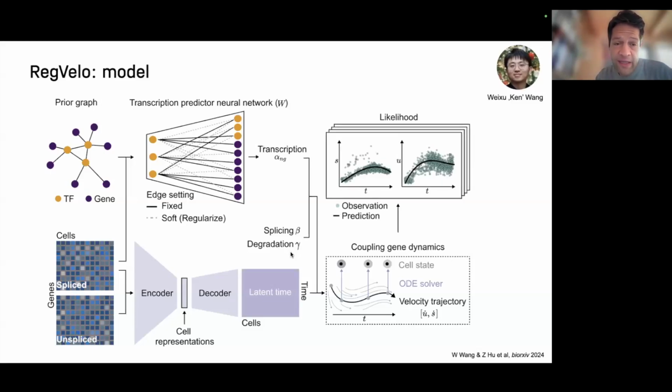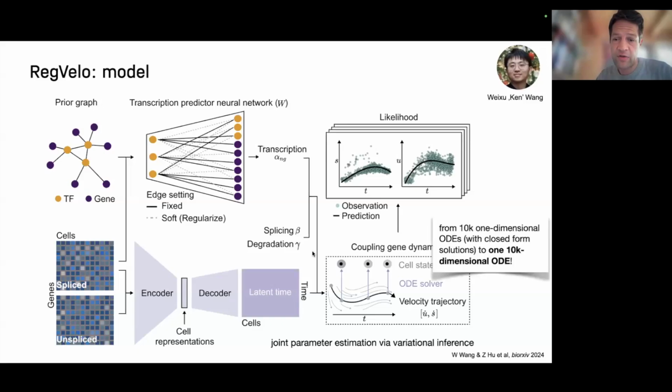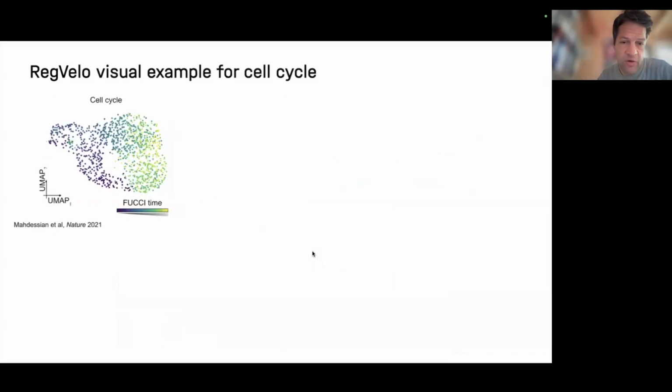But the beauty is, and I think this is Ken's main contribution, that he is actually able to do the inference now in this setting. So we can do really joint parameter inference in a variational setting, and get a bit of uncertainty even there. And we have this 10,000 dimensional ODE that we now need to solve. So this works, and let me show you a few examples of this approach. And now the dynamics is fully embedded in there.